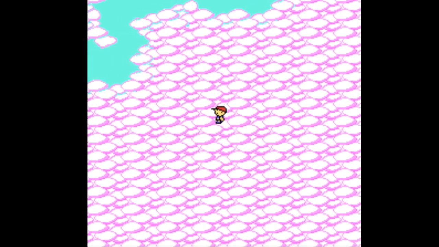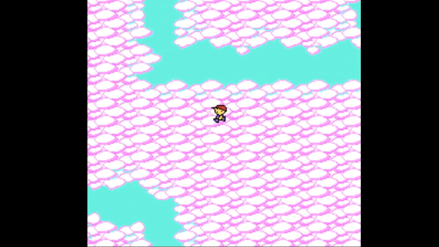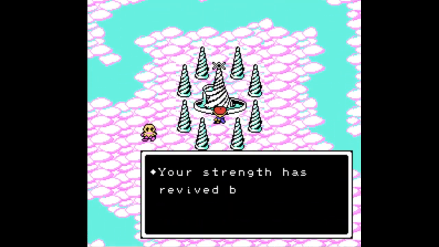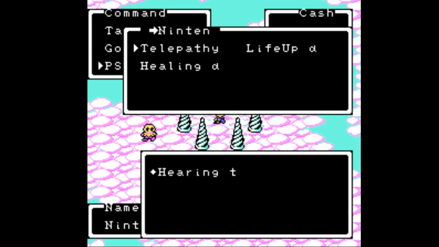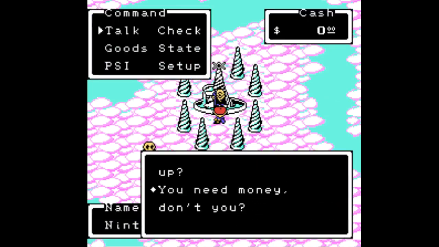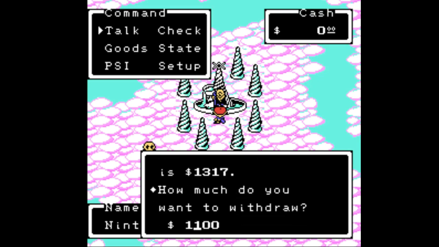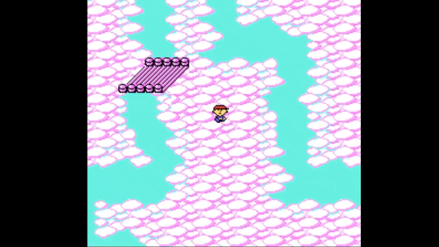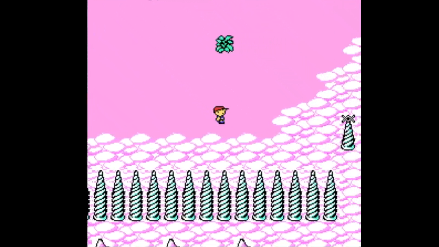That's actually all the money we need. We got it. So now we just need to do telepathy, get our $1,200, and then we will go up. And hopefully I don't die on the way to town. That would be embarrassing. Probably hilarious, but...